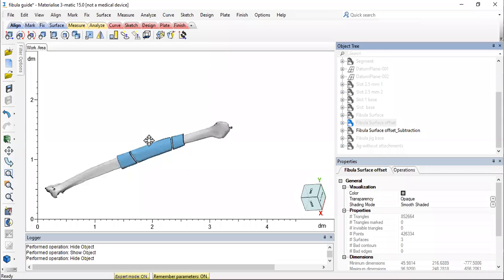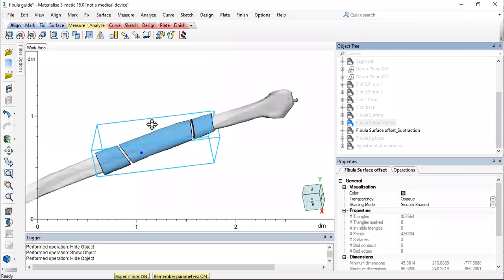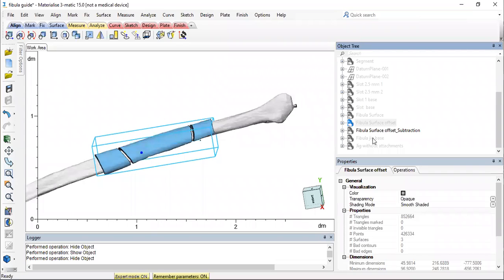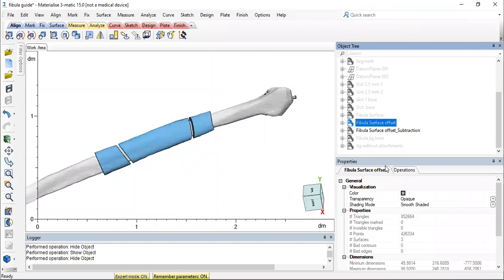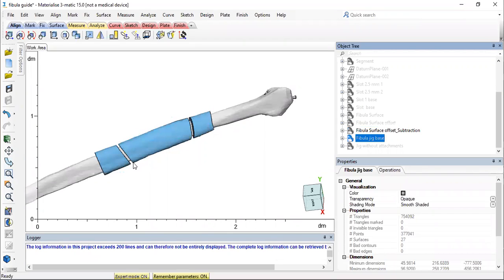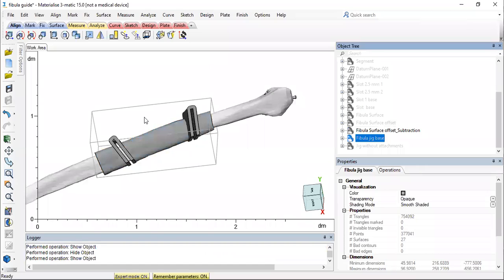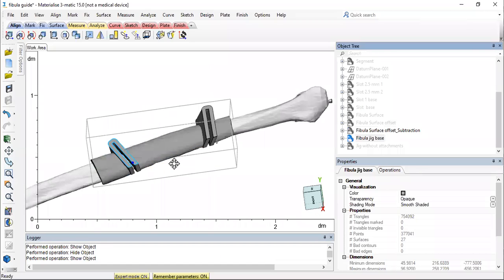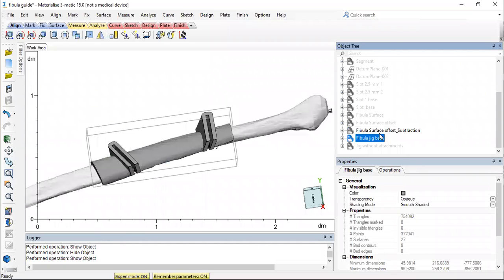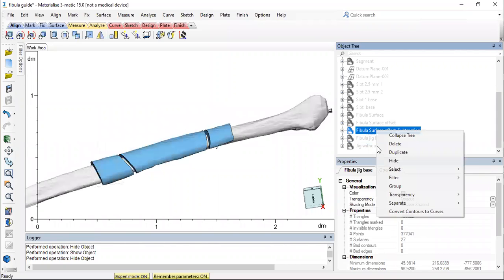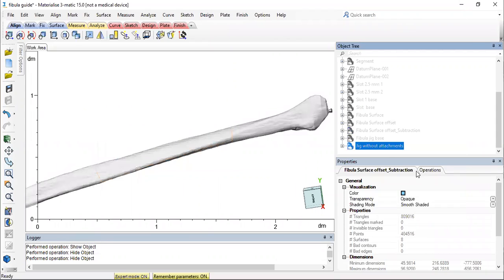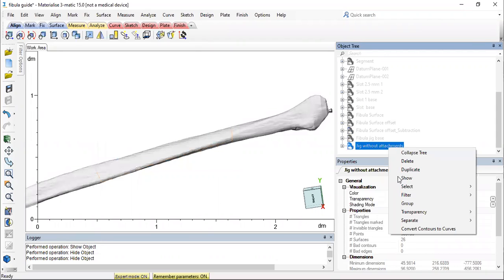So your steps remain very similar to how you have made the mandible, right? And then I have united the jig slots, and then in the final step I have subtracted the fibula from the jig.